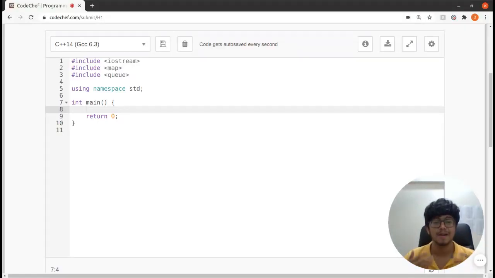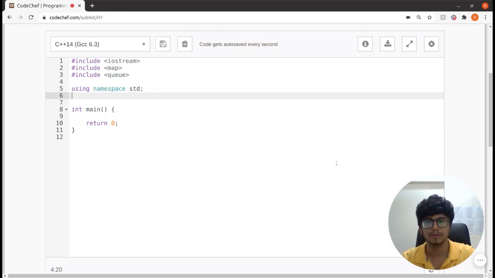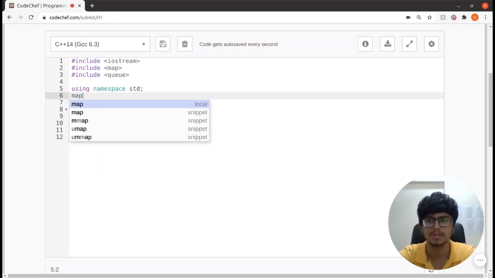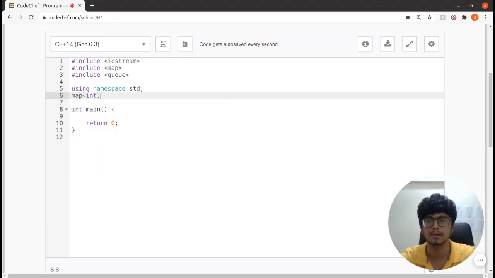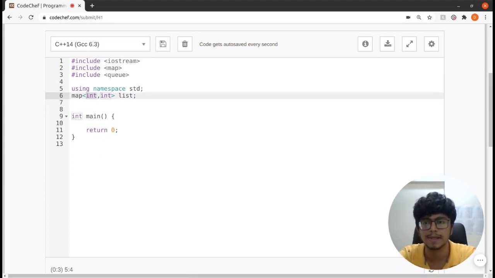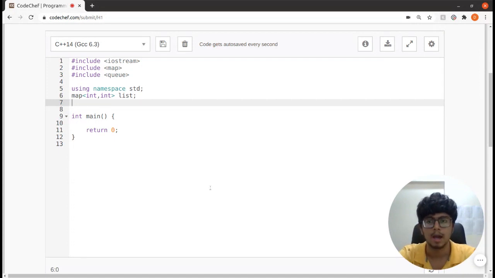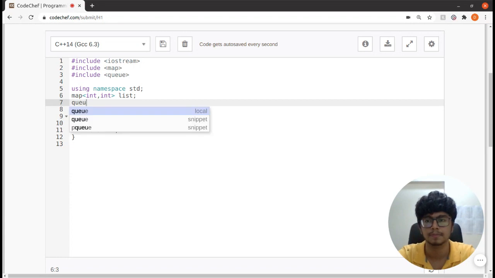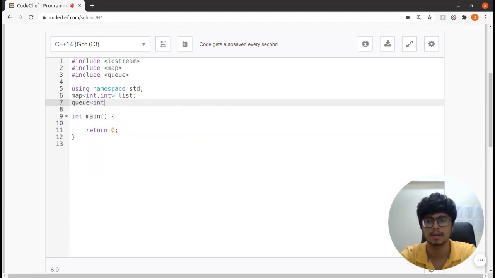Some great explanation. Finally, let's start to code and let's try to hit the AC. So I've just included a map and a queue. First of all, let me just declare some global variables. So I'll just say a map of integers. I'll just say a list, and this will be essentially our map which will hold the puzzle in the first integer. This is the puzzle and this is the distance. Like our reversed approach. Again, I will just say a queue of integers. Simply name it as q.